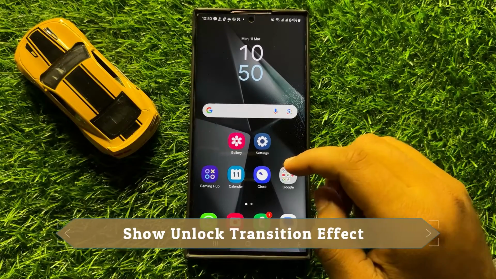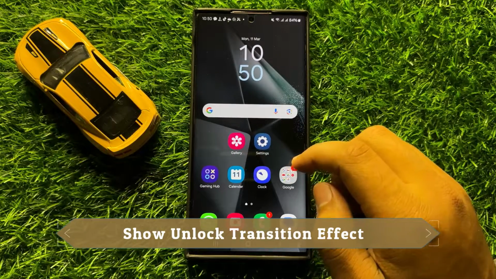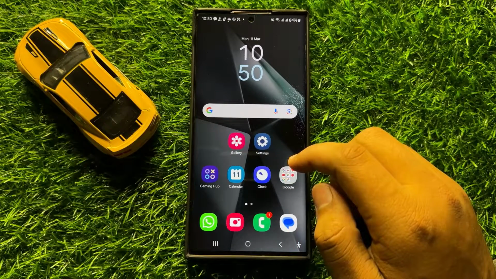Hello everyone, in this video I will show you how to enable or disable show unlock transition effect in Samsung